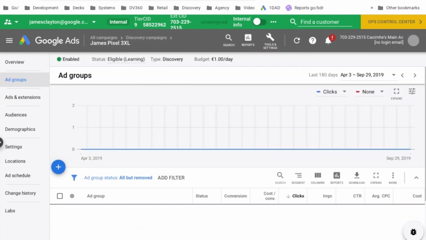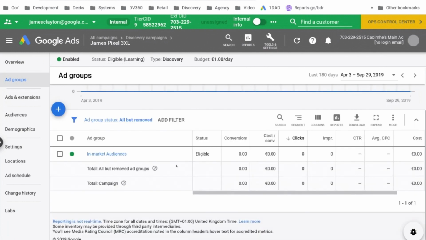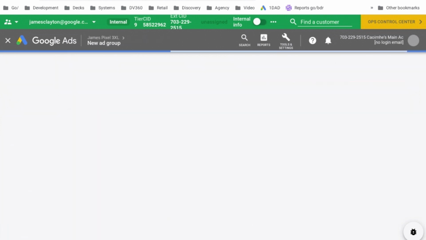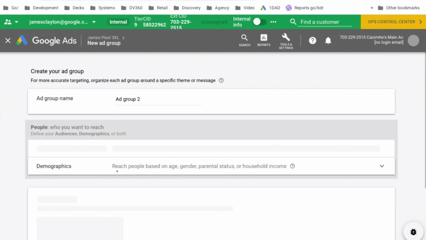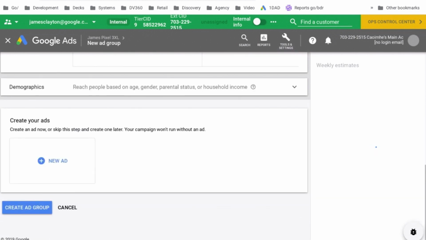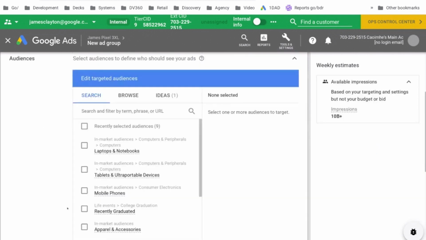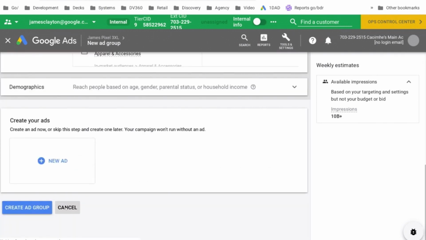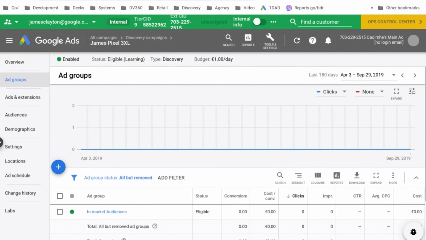As we go into the campaign here, we can see that it's eligible to go. It's ready to set live. And once we have our campaign set up at this stage, we can then look to create further ad groups. So if we add another ad group, we can then do our remarketing lists, we can then do affinity lists or demographic lists in here. So once we have all of our ad groups set up in the place that we want them, we can